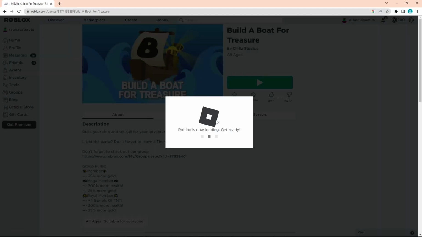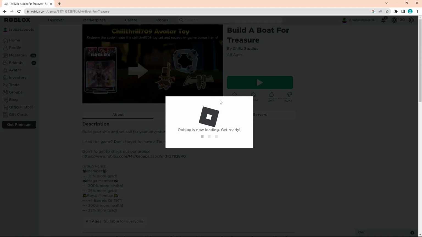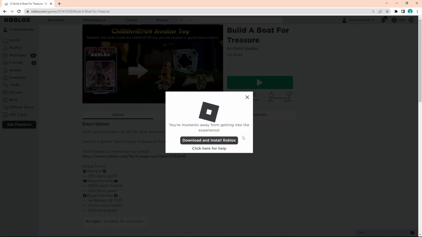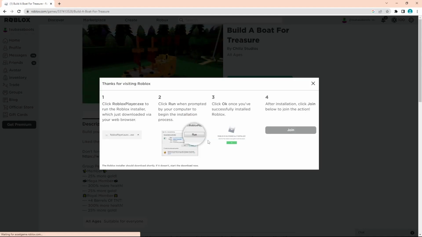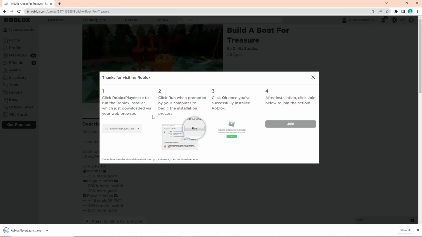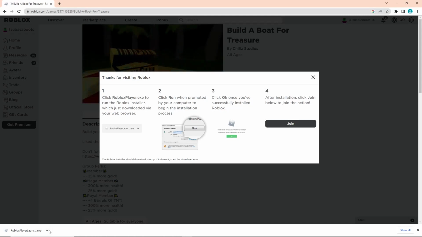It's going to load like this for a bit. And then once it loads, it's going to give you a prompt to download and install Roblox, as you can see here. So once you see this option right here, you just want to click download and install Roblox, and then it will start to download it. As you can see, it shows all the instructions right here. What you do first, after this has been installed down here, you just click on this button right here